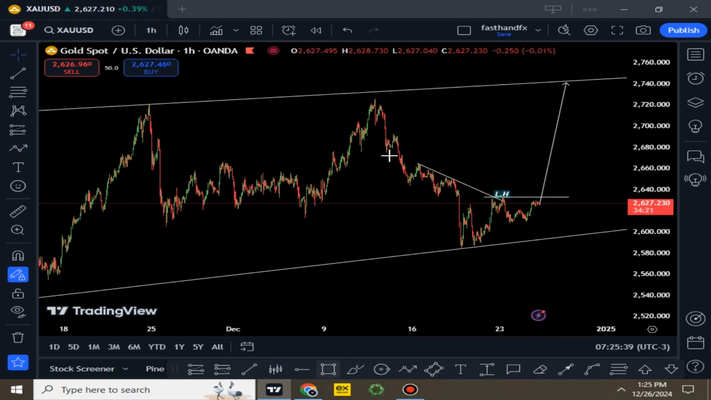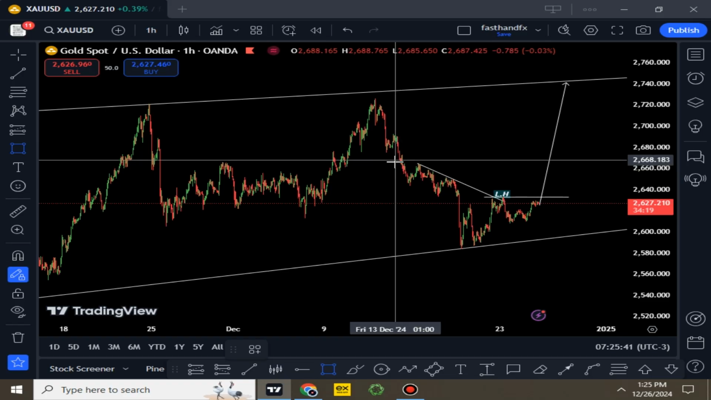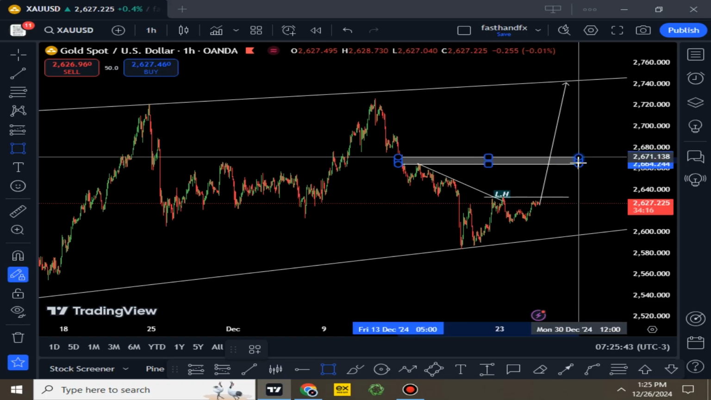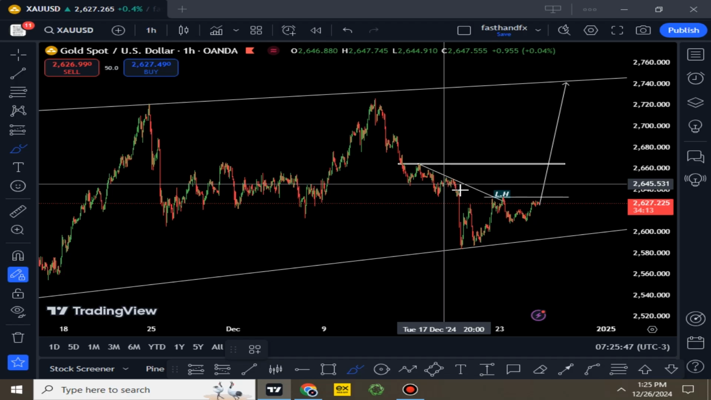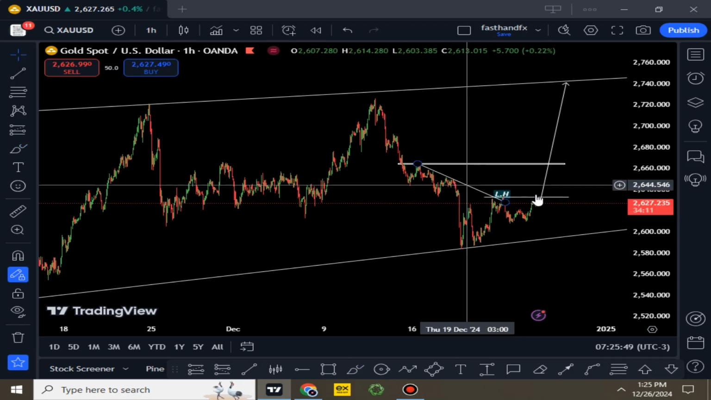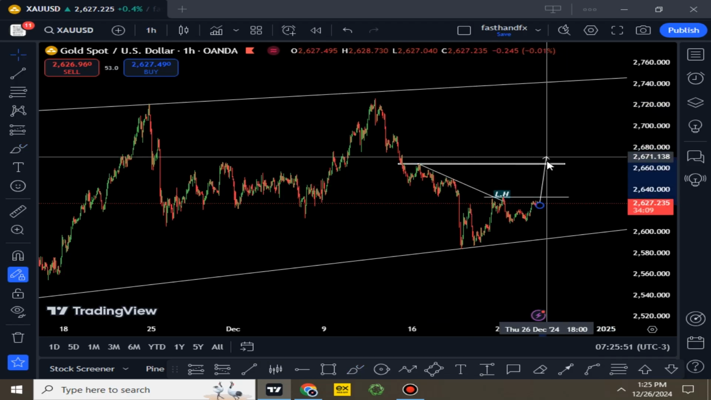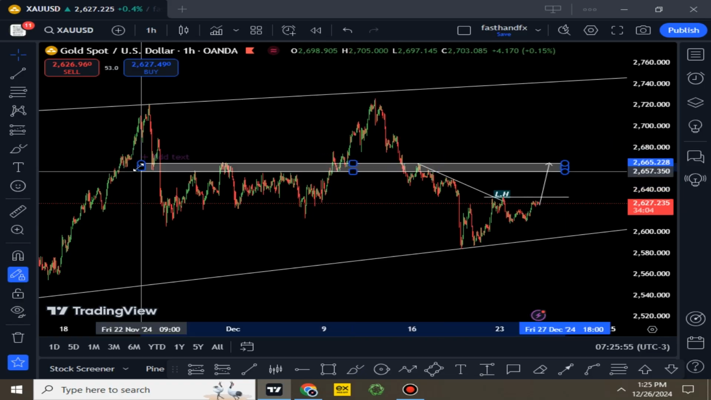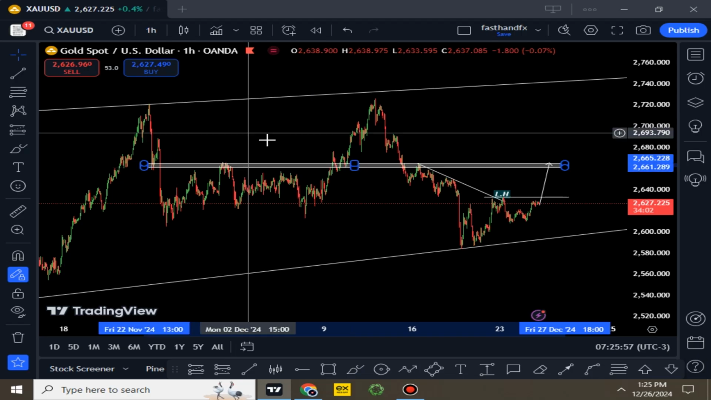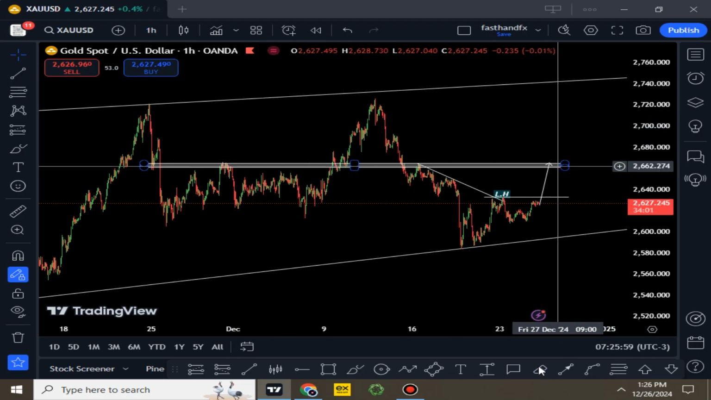But bear in mind that our first target should be this level, because that is where we started our trend. I'm talking about this trend right here, right there. That's the first target, of course, right there. Let me just try to extend this to the left. Makes sense? You understand? Correct. Now